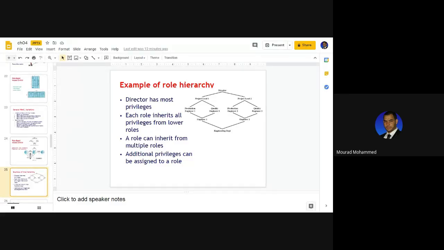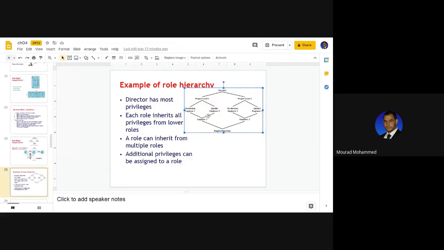An example here we see the organizational hierarchical view between departments, starting from the top level until the bottom level. At the top level, we talk about the managerial level, the director, and at the bottom level, we talk about the technicals, the workers on field.